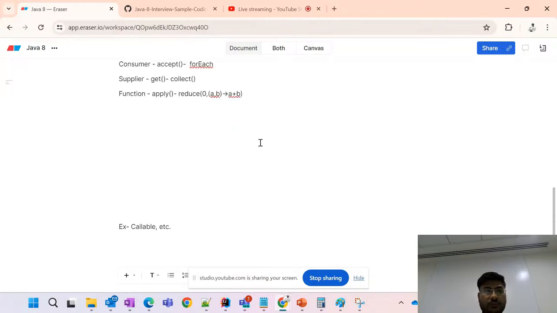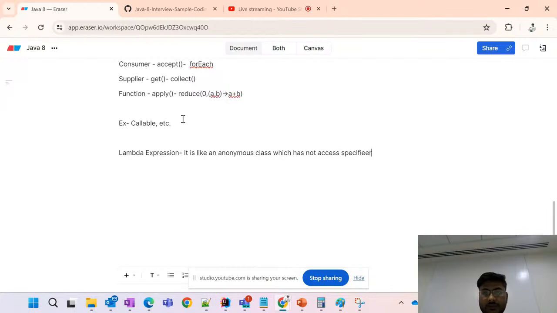So lambda expression is like an anonymous class which has no access specifier, no return type, and no method name. We can directly give